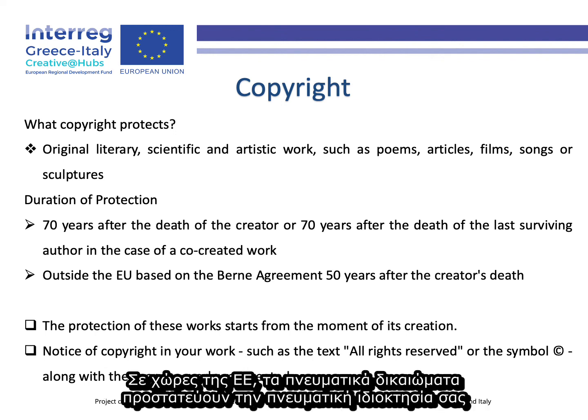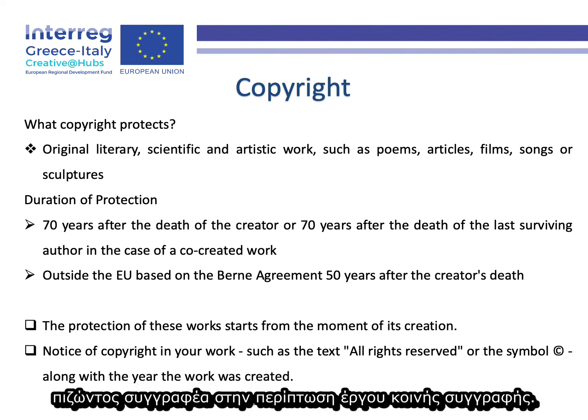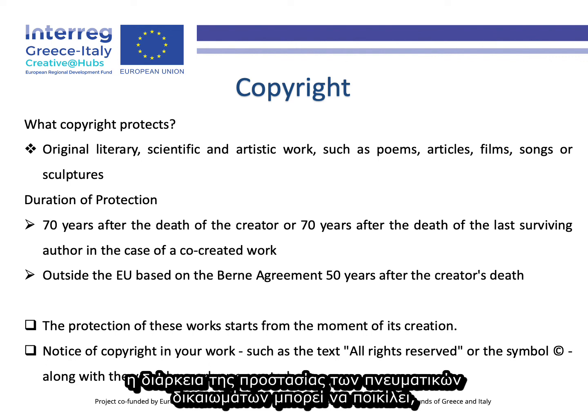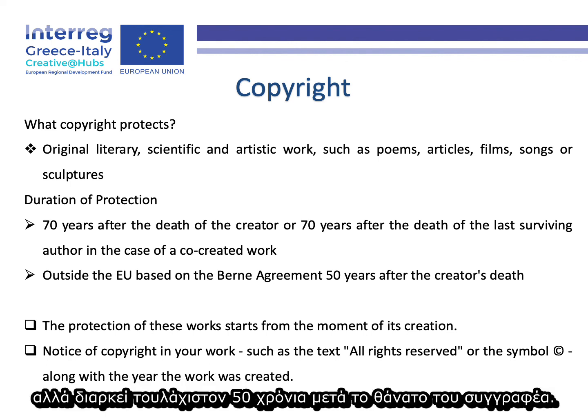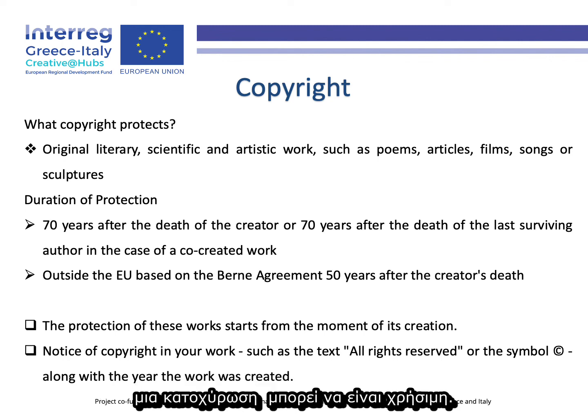In EU countries, copyright protects your intellectual property until 70 years after your death, or 70 years after the death of the last surviving author in the case of a work of joint authorship. Outside of the EU, in any country which signed the Berne Convention, the duration of copyright protection can vary, but it lasts until at least 50 years after the author's death. If you want to prove the existence of your work at a certain point of time, a registration can be